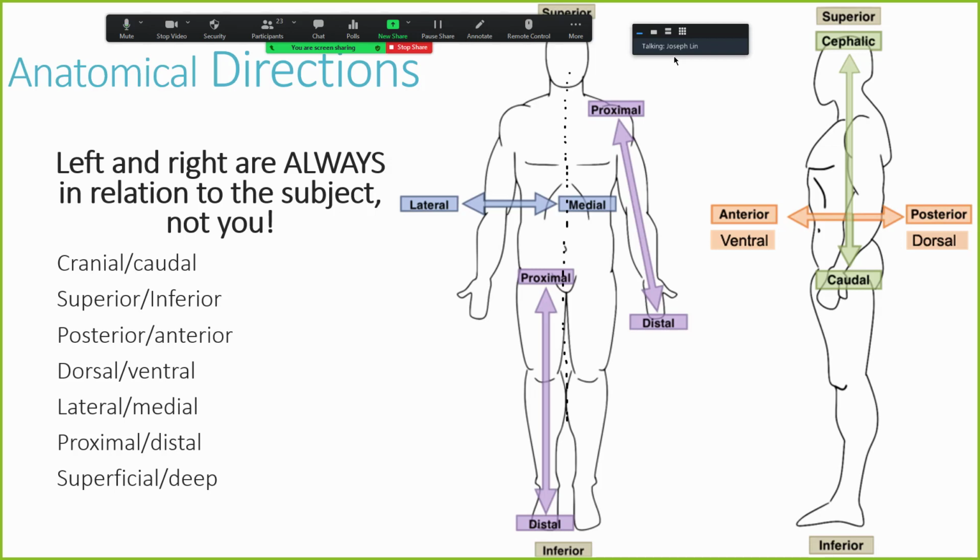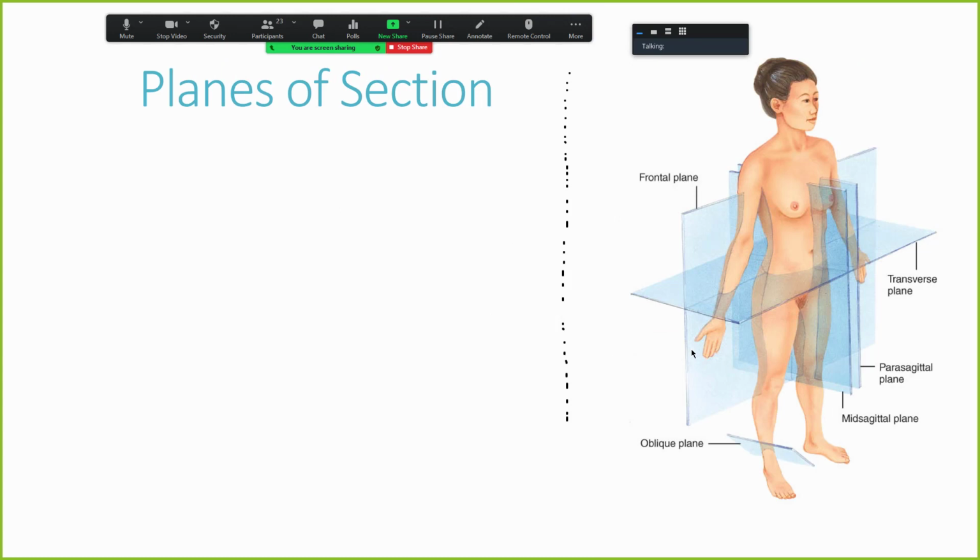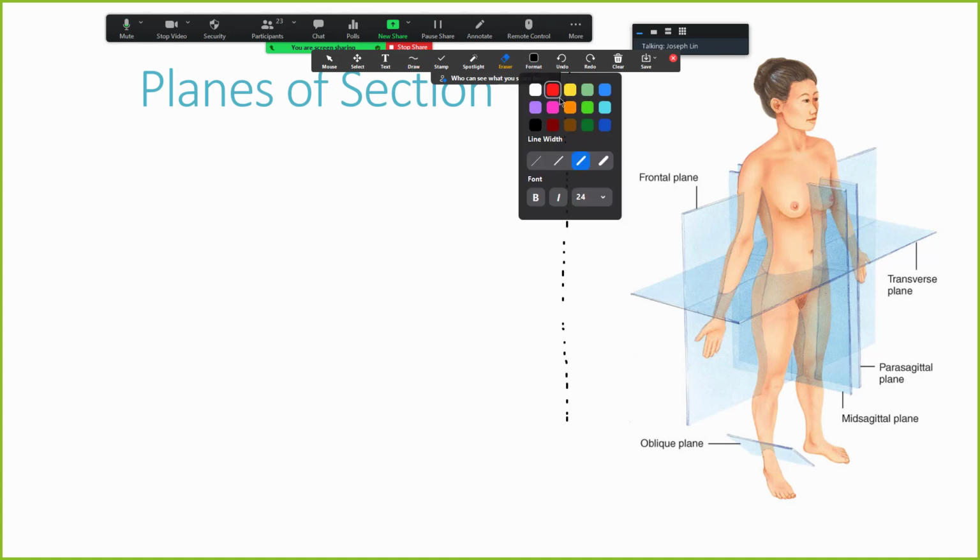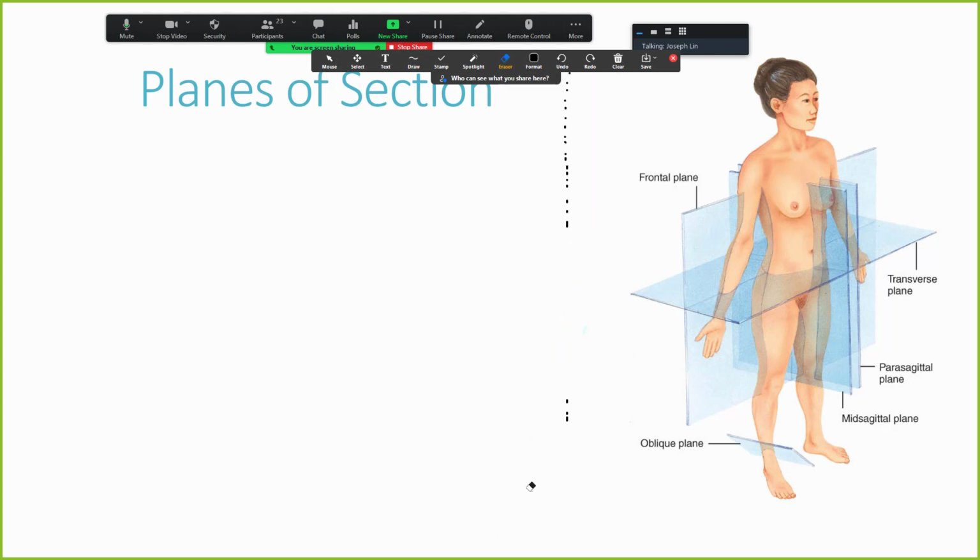We also have superficial and deep. Superficial means on the outside, and deep is underneath that layer. It's more for muscle description. So you can cut the body up in many planes, right? This is a picture showing you the different planes that you can orient the body. This is important because when you cut the body in different planes, you can visualize organs and internal structures differently. So the transverse plane is when you cut it across,